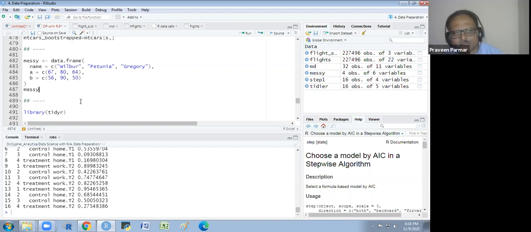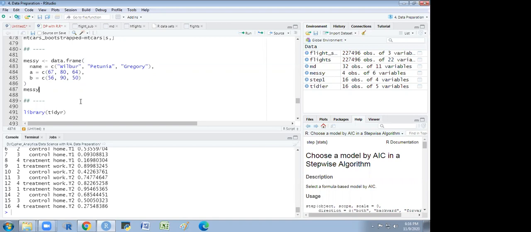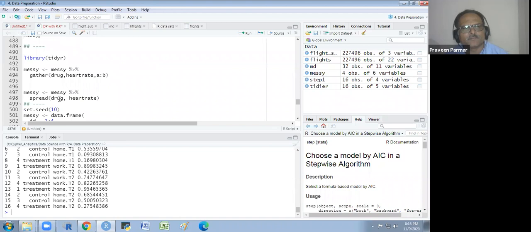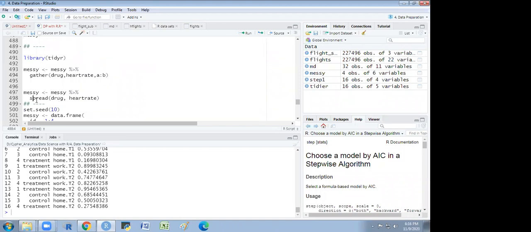I ran the line below, then I went to line 491 and ran it. And then the new statement you added, Messi equals Messi spread function. For this one, it's telling object drug not found.